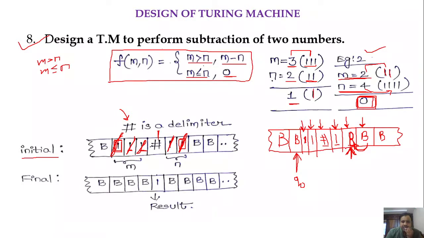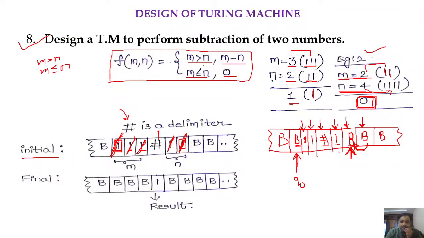Okay, so why are we moving the head towards left in search of a blank? Because we are moving the head towards left to find the second 1 in M. Okay, so how do we find the next 1 which is there in M? The first thing is that you have to find a blank, and once you get a blank, if you move the head towards right, we will get the next 1 which is there in M.